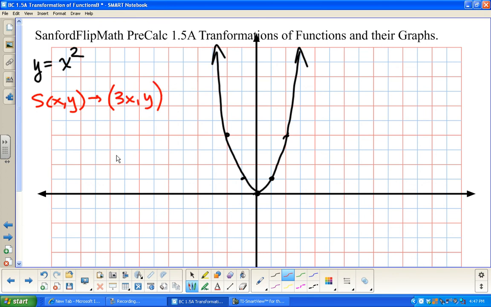Okay, so what this means is I'm going to multiply the x's by 3. Now, I'm actually going to do this, so I'm starting with the notation this time. This is the mapping notation. This notation says exactly what happens. And in just a minute, we'll build the equation that'll make this happen. Okay? So this says we're going to multiply the x's by 3. In other words, it's a horizontal stretch